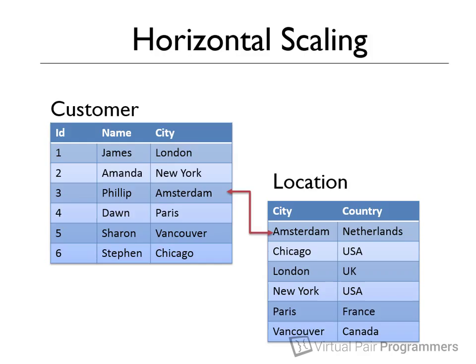It is, in theory, possible to build a horizontally scalable relational database, but to do so would be a really challenging problem. And the reason why it's so challenging is because of the relationships between tables. Suppose we have a system storing customer information, and we might have a schema that looks something like this. We have a customer table, but we also have some supporting tables, such as this location table. Well, if this were to be sharded, and we were to have the customer table on one computer and the location table on another